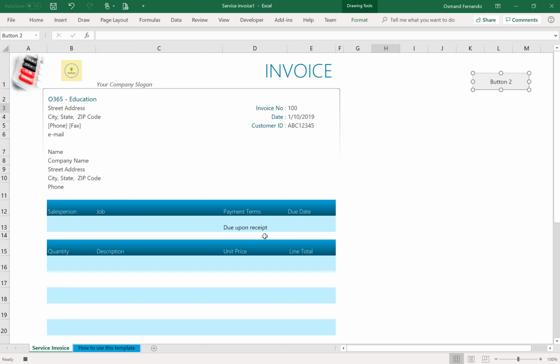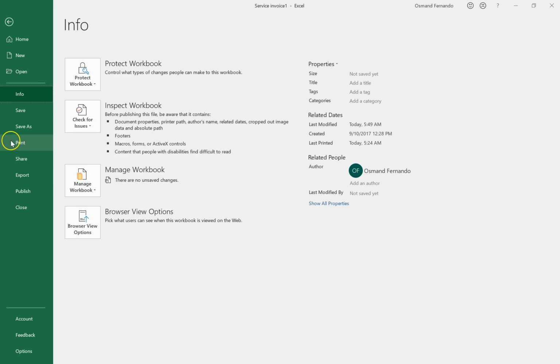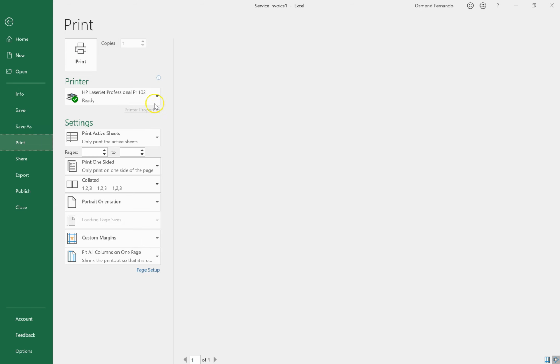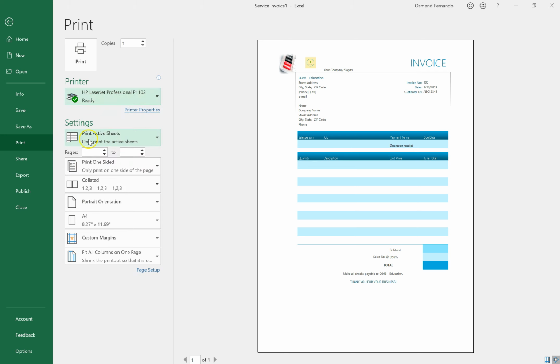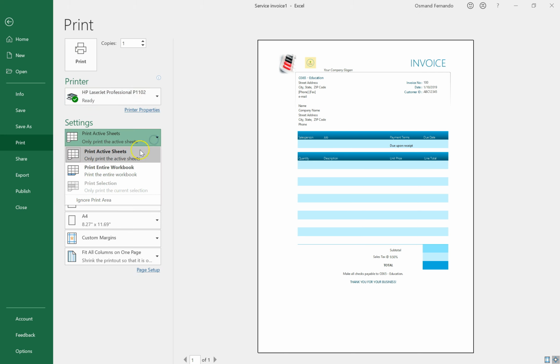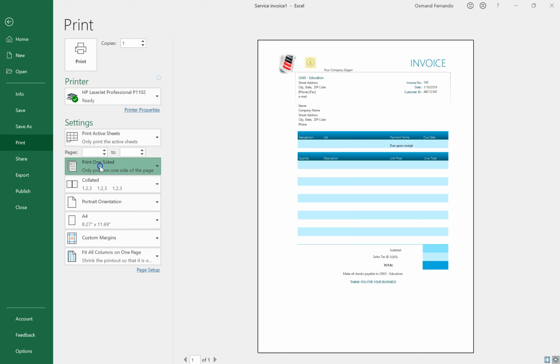So now what we want to do, we want to print this document. So how to do that? Come to the file and then come to the print and select your printer, okay, and then settings, select print active sheet, right? Print on one side or both sides based on your requirement. And also when you do that, you can see the preview and you can make sure that everything is in one